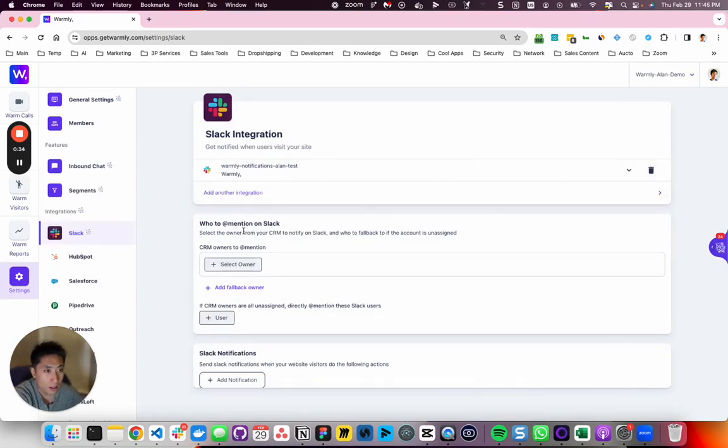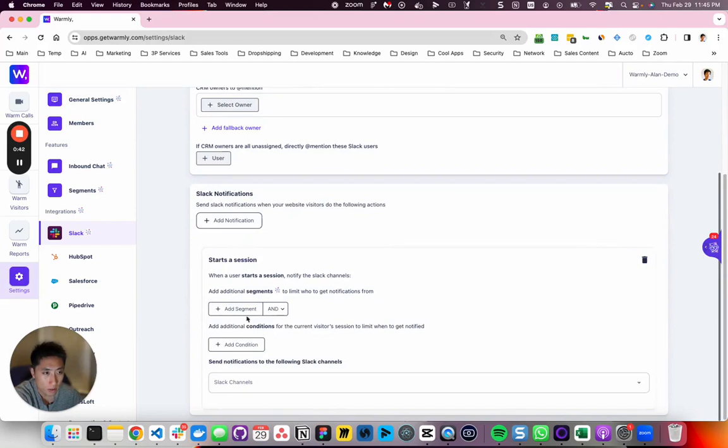So here is where we could start to send Slack notifications when your website visitors do the following actions. Let's say they start a session. Here's an example. And we don't have to do anything for now. No segments yet. We just want to make sure this is working. So if anyone lands on our website, then we send a notification